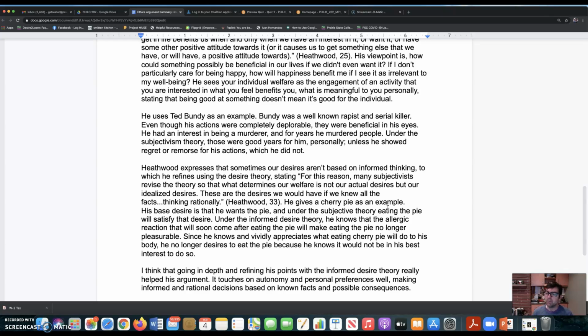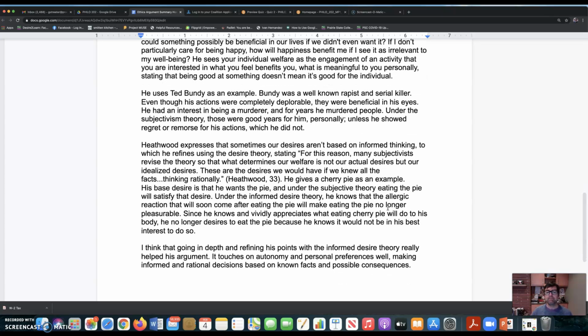When you look at some objections to the argument, you have to explain the nuances of the argument, make more distinctions, define your concepts more carefully. So some of the things that I mentioned in the rubric are happening in this paragraph. Okay, so a use of an example there goes to the cherry pie example. Okay, so this is a way of showing that, right? I mean, sometimes our